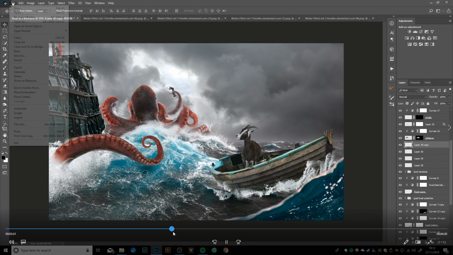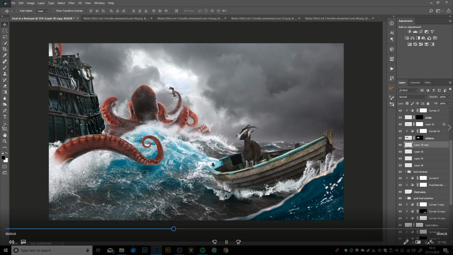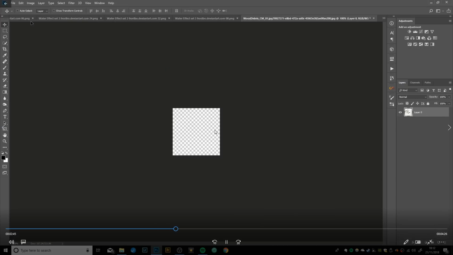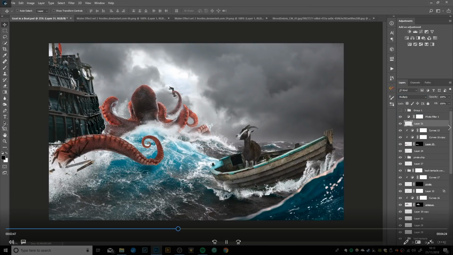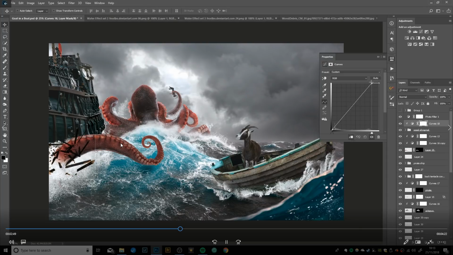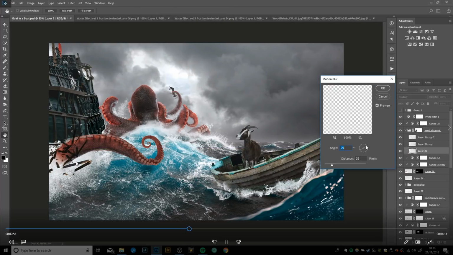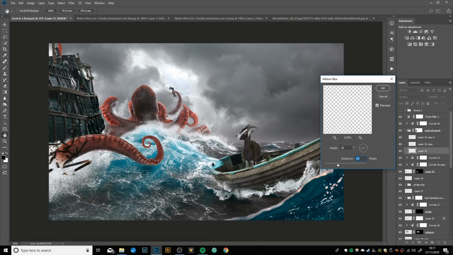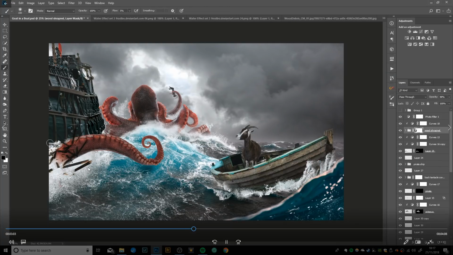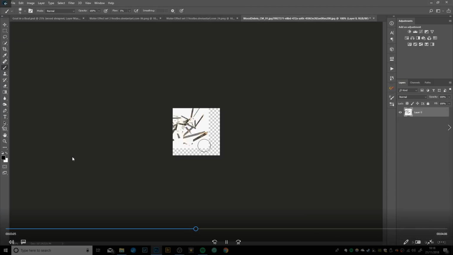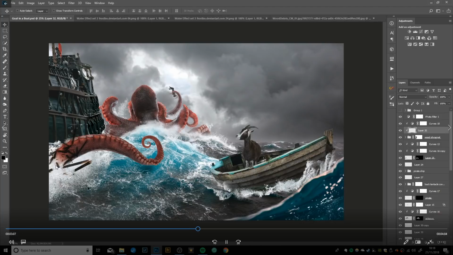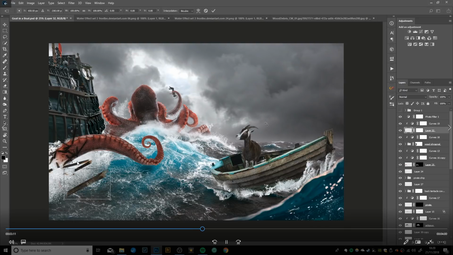So here we go. What I start doing now is bringing in the wood of the boat, and again this was just free stock from DeviantArt, or it could have been Pixabay. Just bringing them in and sticking them onto a multiply blend mode, and then Control J to duplicate them on top of each other to get a stronger effect. And then what I wanted to do was add some movement to the wood, so I used a motion blur on the wood so it looked like it's moving,